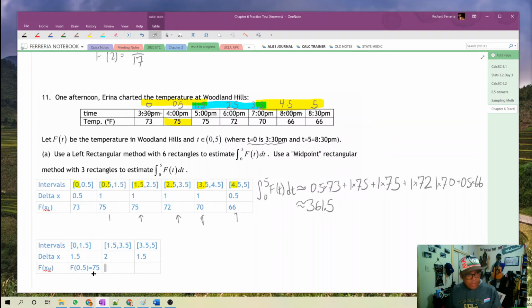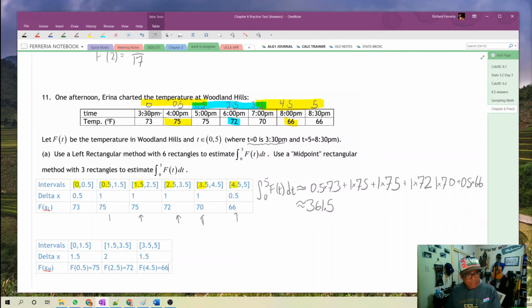Okay, our next middle is going to be f of, okay, our interval goes from 1.5 to 3.5. What's in the middle there? Well, it's 2.5. This time it actually is in the middle. So f of 2.5, I'm looking in my chart right over here. That's equal to 72. So let's put a 72 in our table. And then our last interval, what's in the middle of 3.5 and 5? Well, the only one that's close to the middle here is 66. So that's what we're going to put in our chart here. F of 4.5